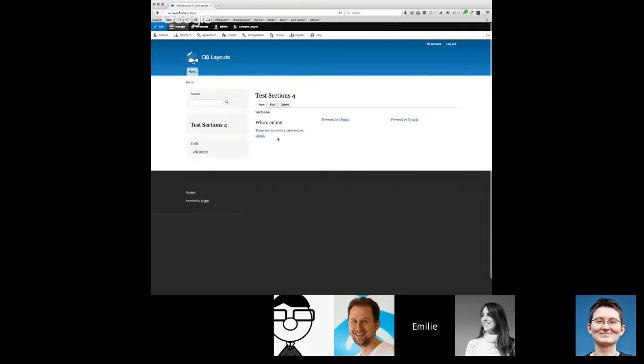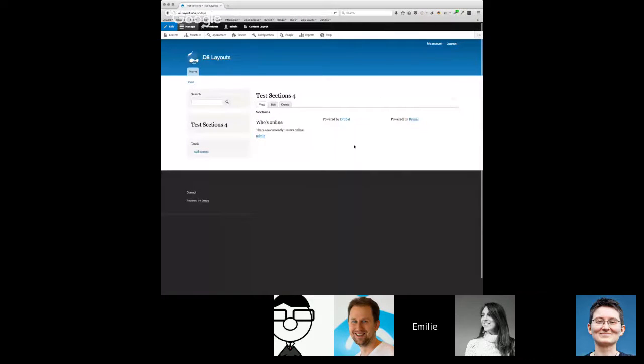So here I have a basic page set up, and we've added a layout field to it. And this layout field, once it appears on a node, triggers this content layout tab to appear in the top toolbar. And so we made this layout field for storage, and then also the content layout tab has been added here. And if you click on that tab,